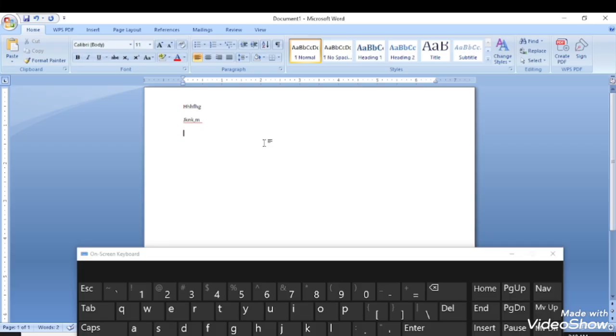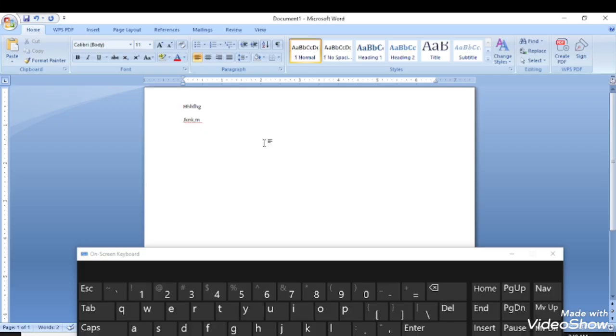Option A said grammar error. Option B said formatting error. Option C said spelling error. Option D said link error. So what does it mean? It's a grammar error because it is red. So without wasting our time, it is a spelling error, which is option C. Without wasting much of our time, let's move on to question 6, which says, to save a document, use